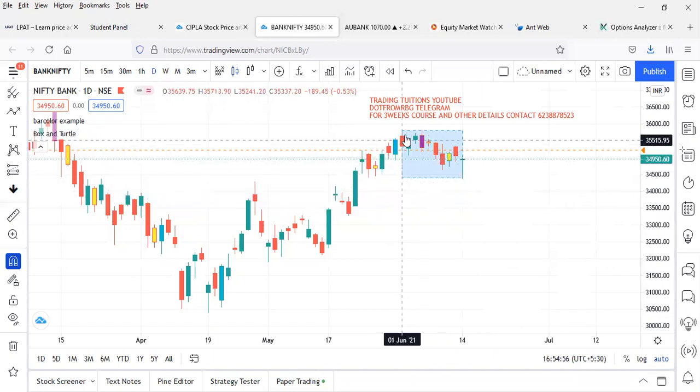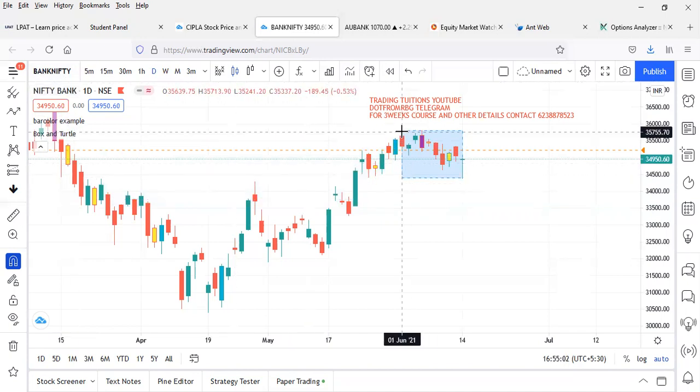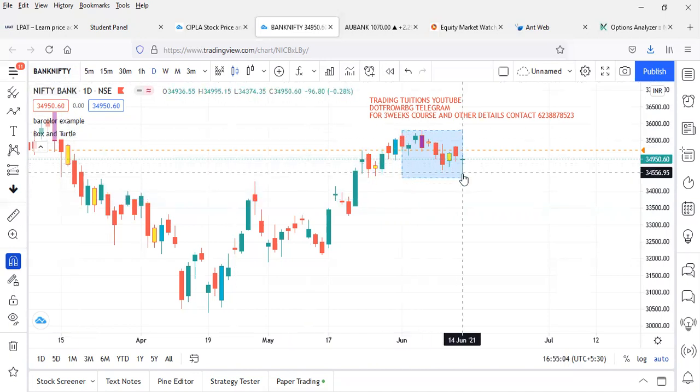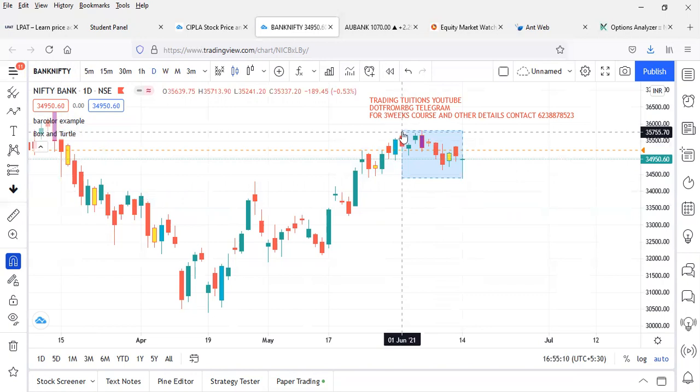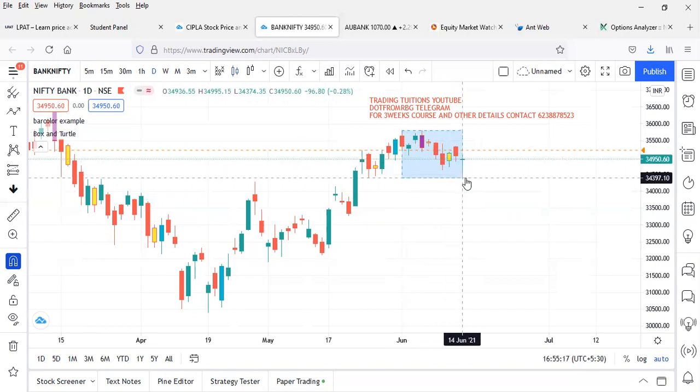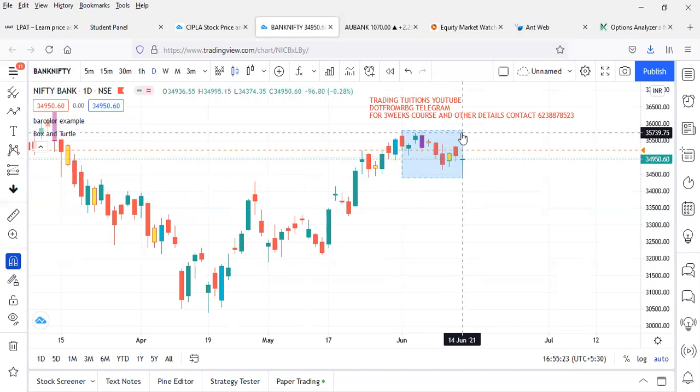So this is a clear direction. You can see I am analyzing this Bank Nifty chart. Now you can see the market is clearly going down. The turtle box is a simple way of analyzing. When the market is in a downtrend, it goes from this corner to this corner. If the market is in an uptrend, it will go from this corner to this corner. So it's such a simple strategy.